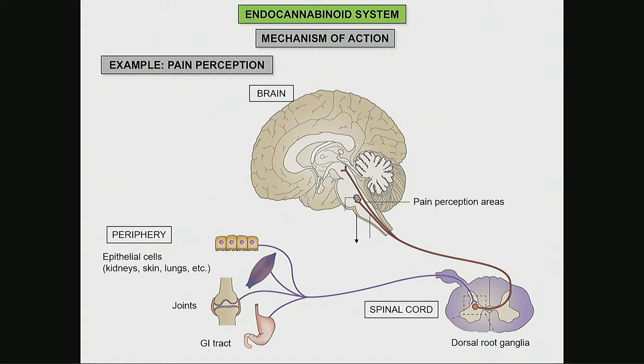So this message is sent to the spinal cord, and this is the connection that I had zoomed in the previous slide. And this message is sent to a second neuron, the postsynaptic neuron, that travels through the brain to the specific areas in the brain that control pain perception. So that's how the pain signal travels through the skin, for example, if we are burning our skin, our hand, to our brain. So in this system, where do we have cannabinoid receptors?